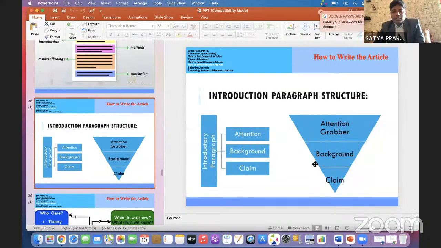Next is the introduction. The introduction is the agenda and the background of that research. Suppose you are writing about the image fusion process and someone doesn't know about image fusion. So in the introduction section, you need to explain what image fusion is, how many methods there are, what work has been done, and what you will do in the future. So this is the introduction. The introduction will be the main attention of the readers, reviewers, and editors. So the introduction will be segmented as follows.